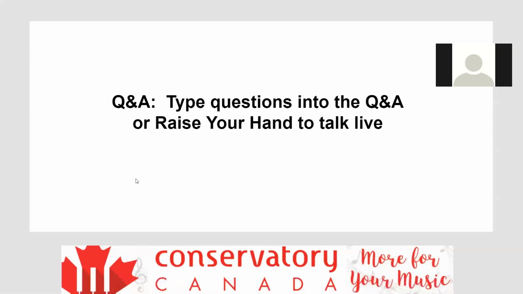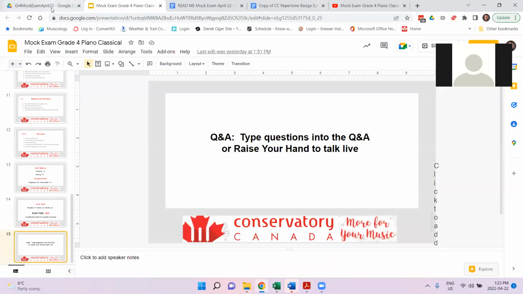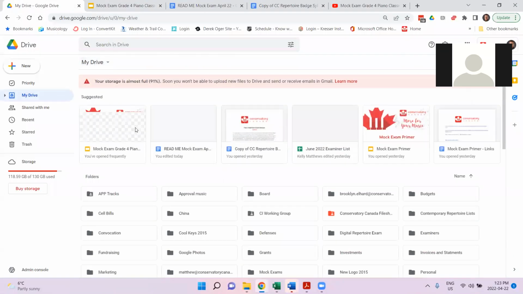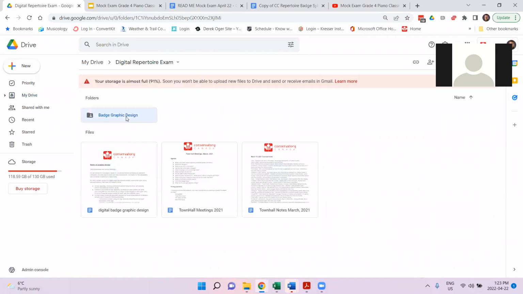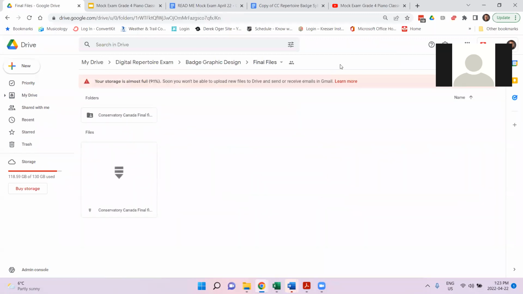You know what I'll do to get everyone excited here, because there are questions about this. I want to show you what the digital badge looks like. How's that? Just give me a moment. And I'll see if I can find one, just throw it on the screen, show you what this thing looks like. There we go. You can kind of see what they look like here. And the final files, I'll give you